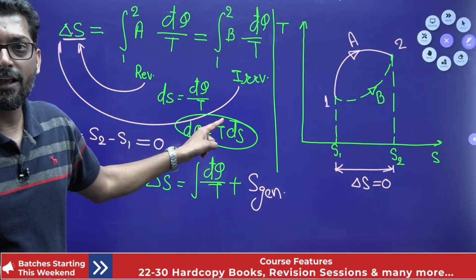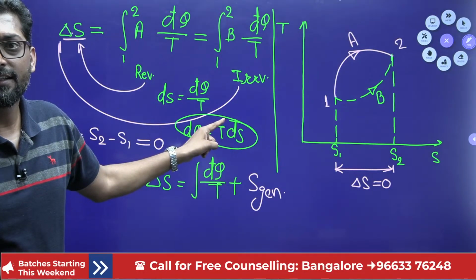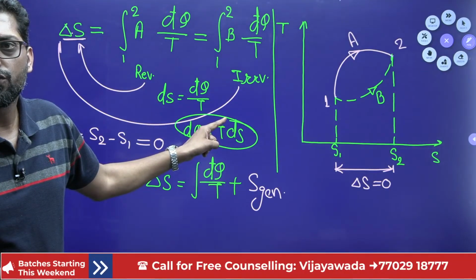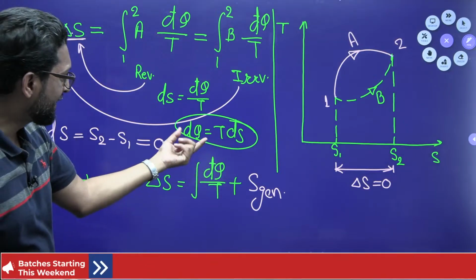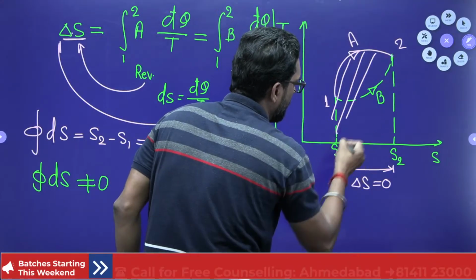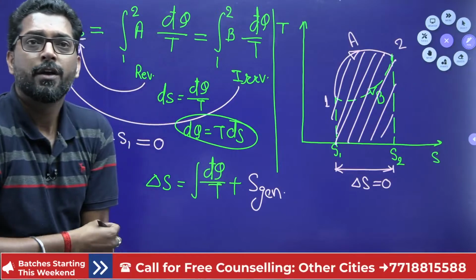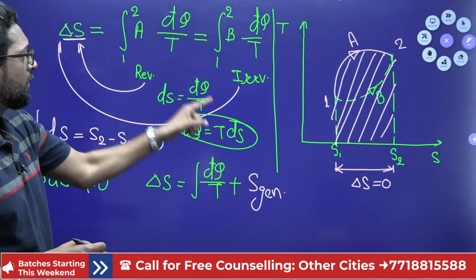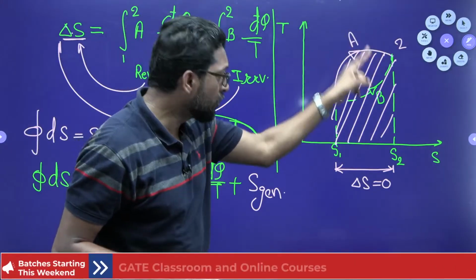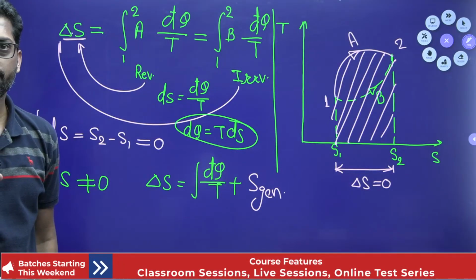More and more area under the curve represents more entropy, but I got the answer that even the entropy exists in the graph, there is a difference in the entropy S2. The graph is showing different. So it is for the reversible manner. Yes, it is defined. This is defined, but you cannot define it for the path B. Why? Because this is not defined. But once you find the entropy change for the reversible manner, that entropy change is also applicable for the irreversible manner. That is the important thing.